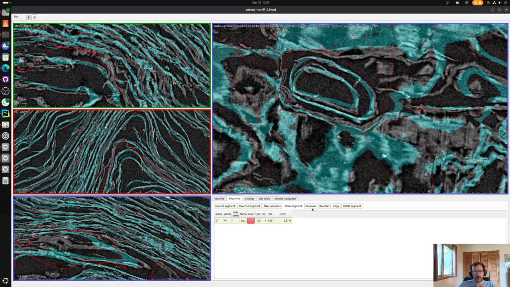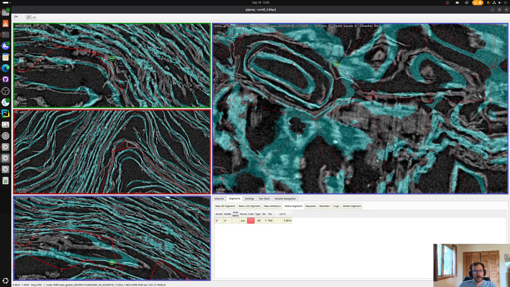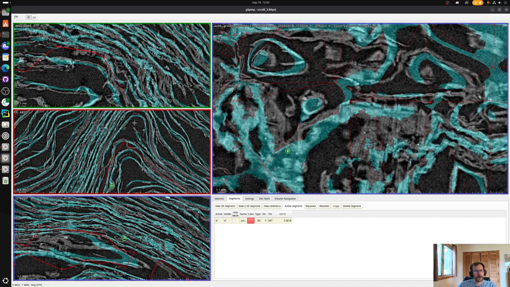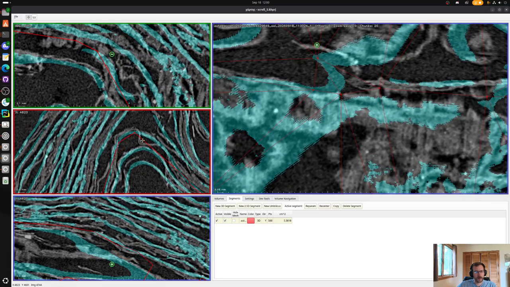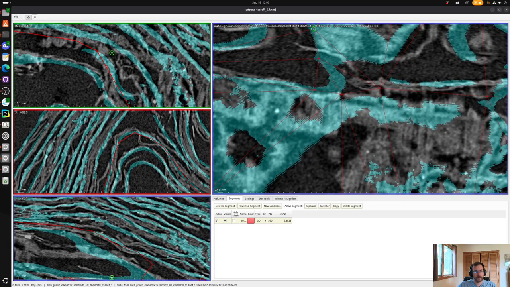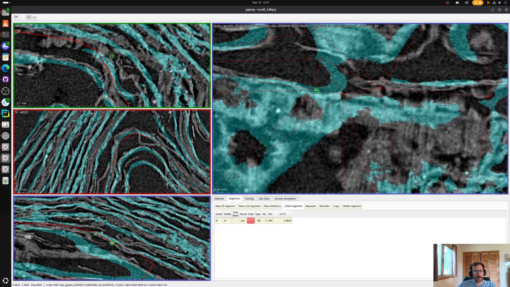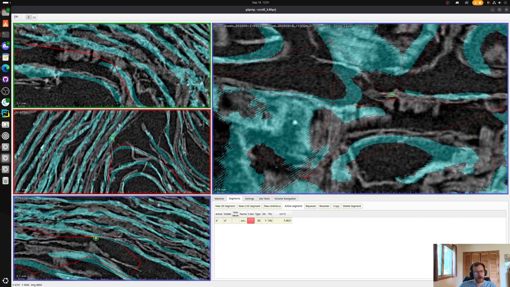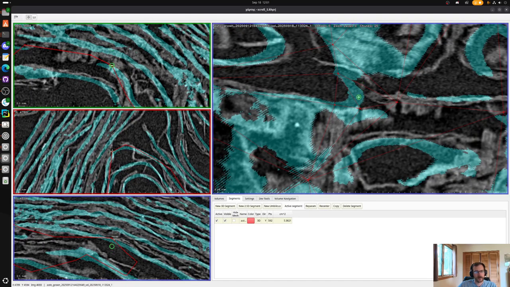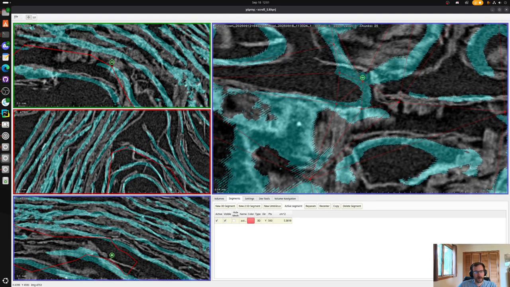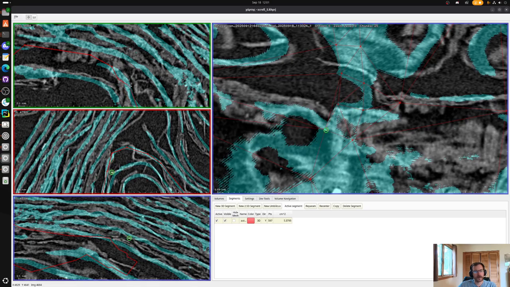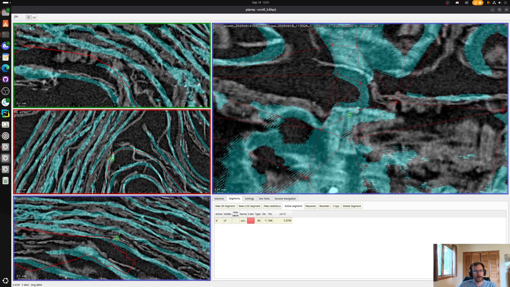So I'll hit save again. I'm going to reparameterize real quick. I need to delete a few nodes. Again, when you're in areas with really high curvature, I zoomed in and it helped a little bit there, but it becomes difficult to place nodes without ending up with some kind of weird mesh artifacts. The best thing you can do is make sure that in all your panes, what's usually happening is in one of your views,